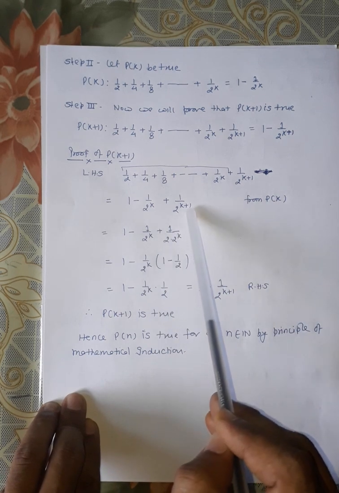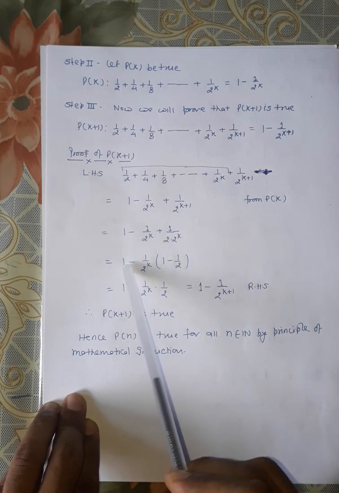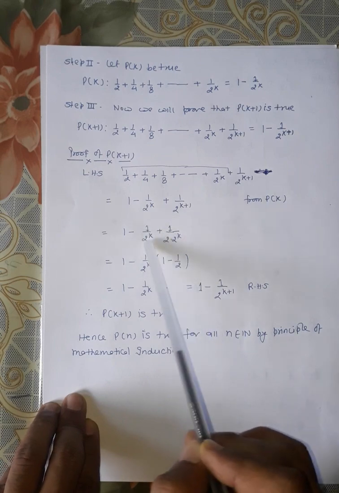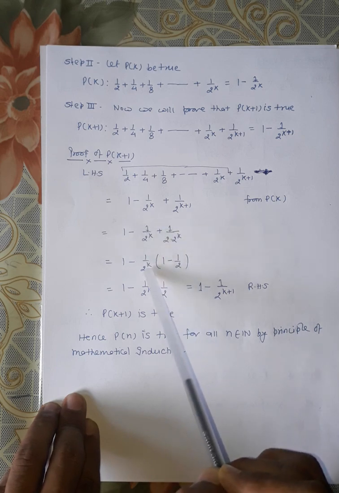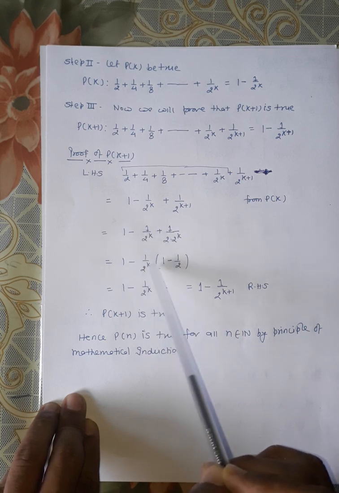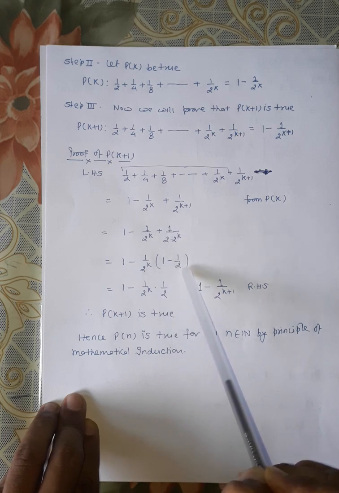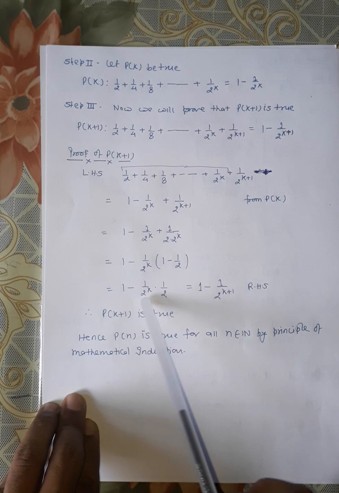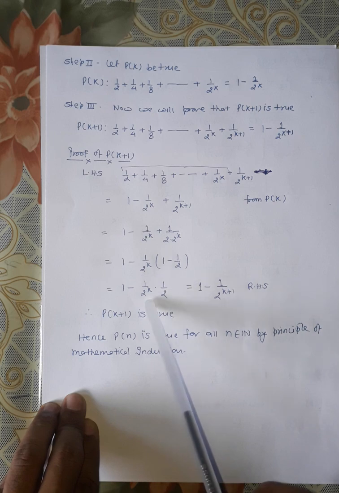After that, this 2 to the power k plus 1 can be written in the form of 2 into 2 to the power k. 1 will remain as it is because we need it, and we observe that in the last two terms 1 upon 2 to the power k and 1 upon 2 to the power k are there. So we can take this 1 upon 2 to the power k common. Common means division: this upon this gives 1, plus and minus gives minus, and 1 upon 2 to the power k upon this leaves 1 by 2. After that you simplify. 1 minus 1 by 2 is 1 by 2, and the base 2 is the same, so the powers will be added. 2 to the power k into 2 gives 2 to the power k plus 1.